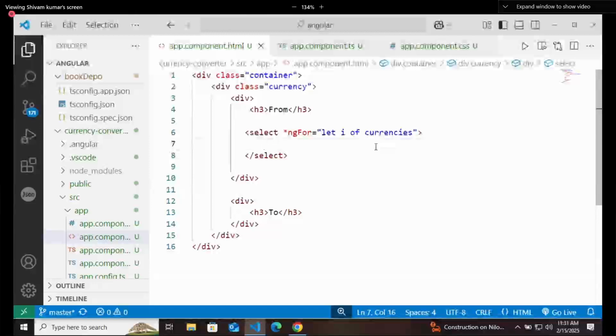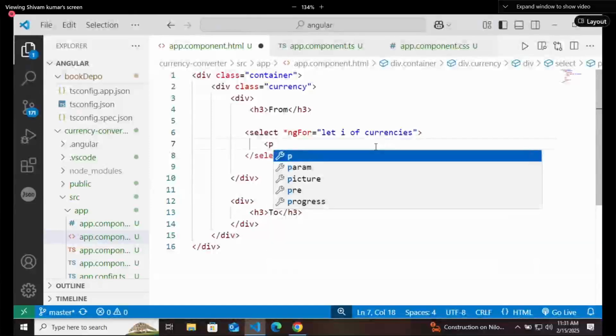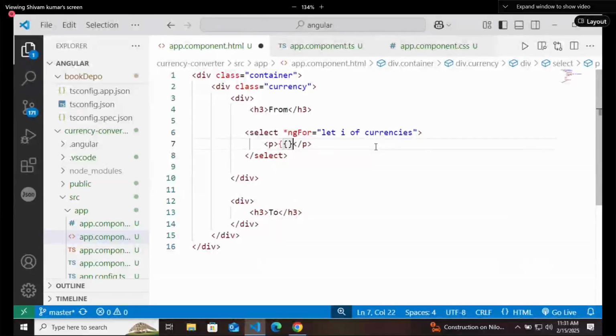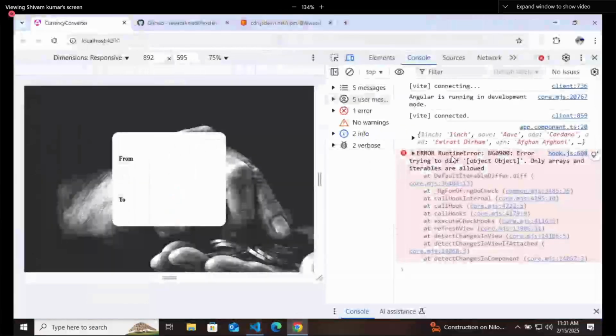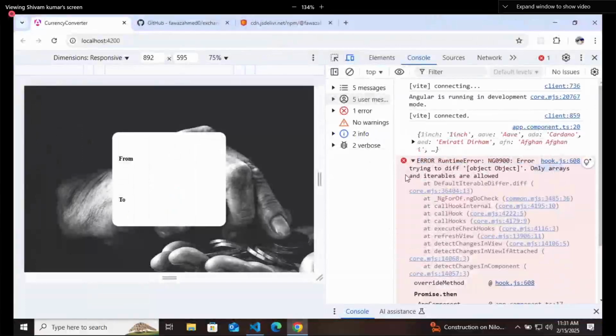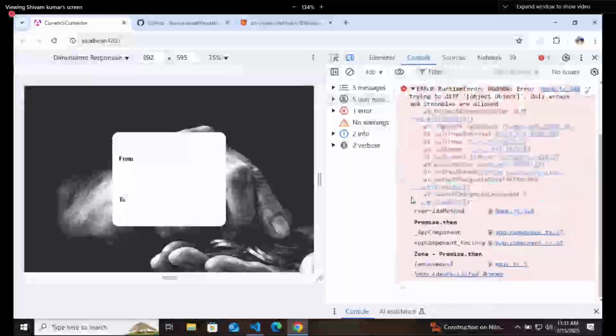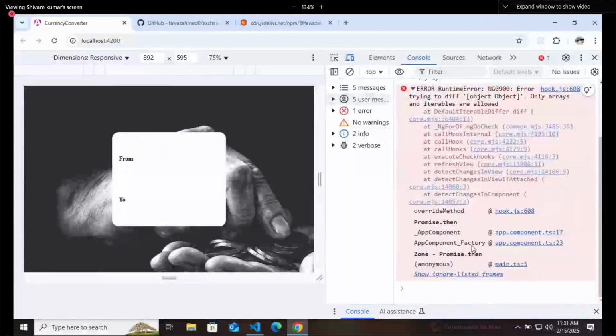And here in a paragraph text, I will use string interpolation and i, just to check what is coming inside i. Error. Only arrays and iterables are allowed. So it is telling you that you can only iterate arrays. Objects you can't.